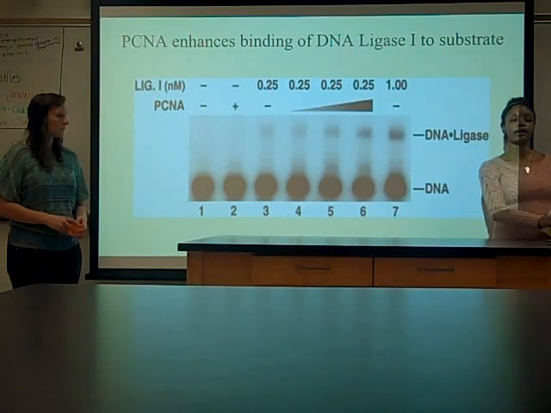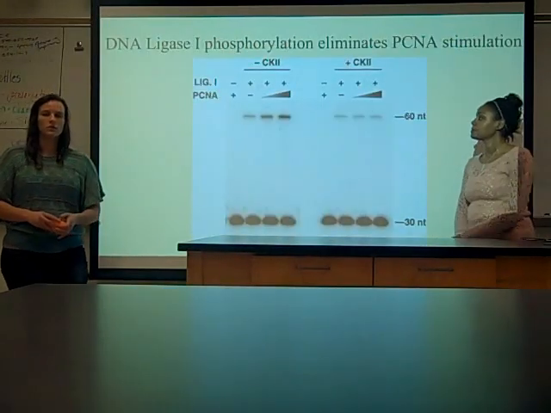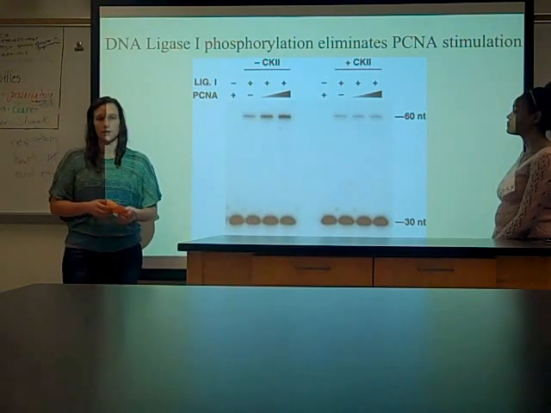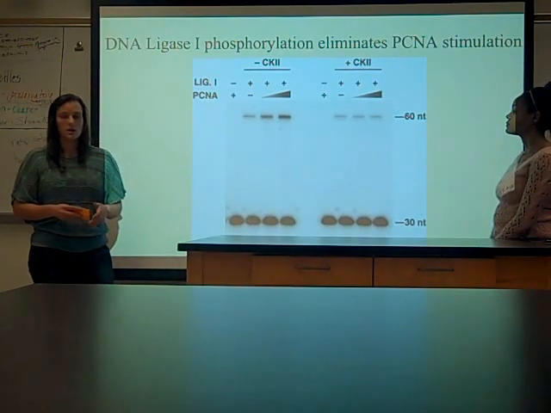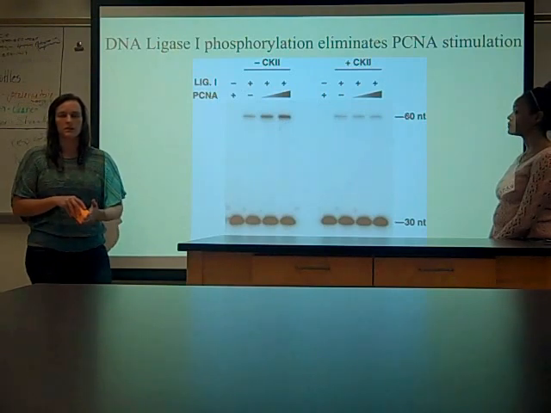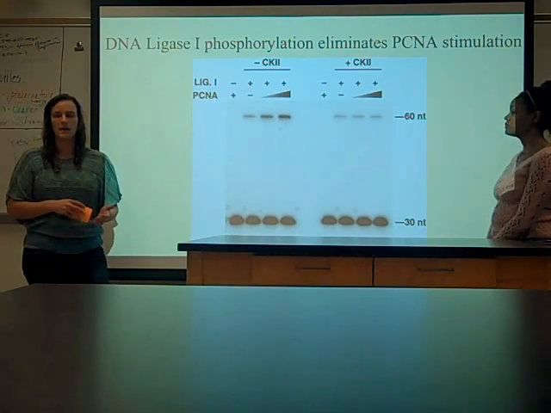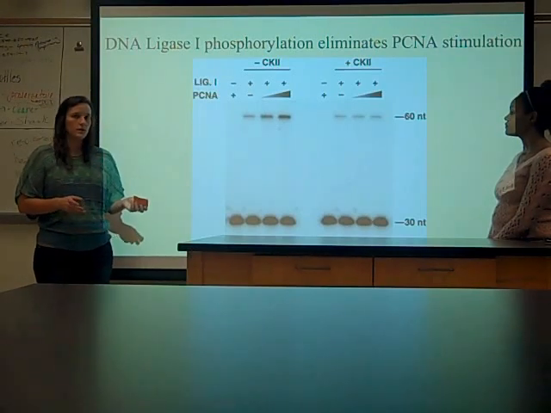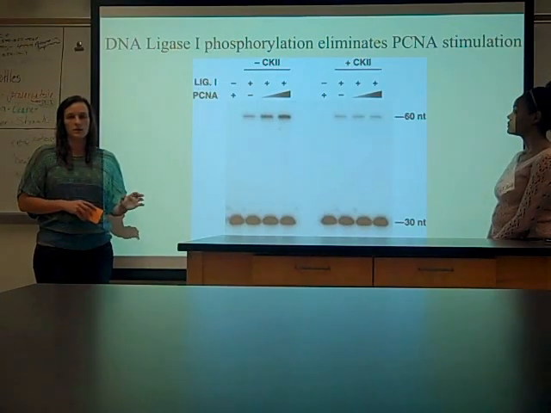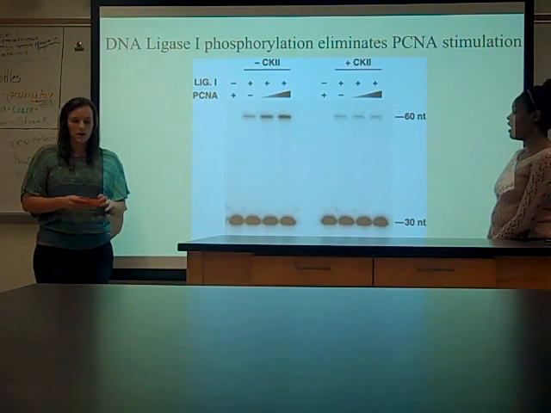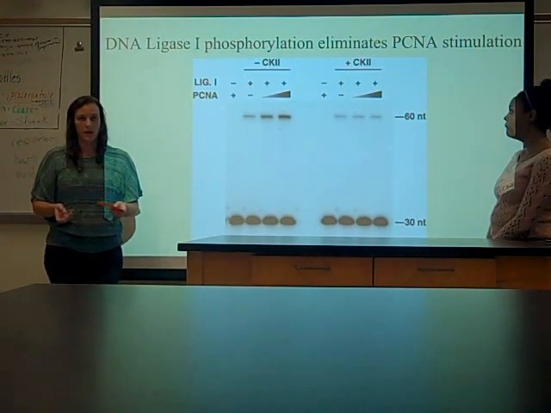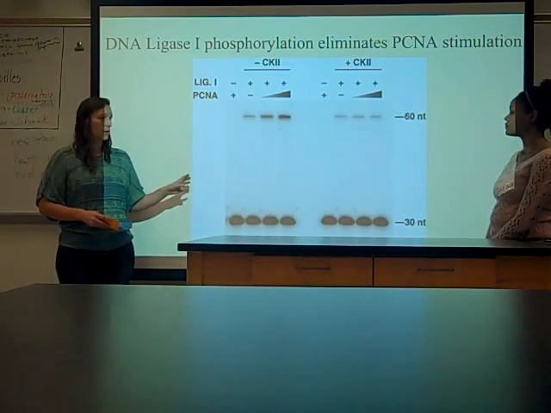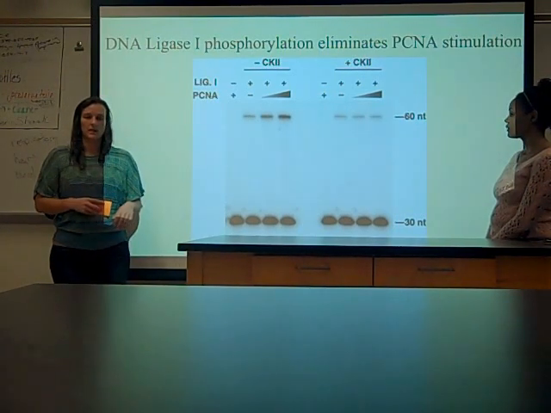to be able to create high concentrations of these DNA complexes we need. So the researchers also studied the role of phosphorylation on DNA ligase because it's a substrate for casein kinase 2 phosphorylation. Two of these sites are serine 66 and serine 141 because they have optimal properties for casein kinase 2. Now, it's important to note that the phosphorylation doesn't necessarily inactivate DNA ligase, but it does prevent the interaction with the replication apparatus. So naturally, the researchers wanted to find out if the phosphorylation had any effect on PCNA stimulation of